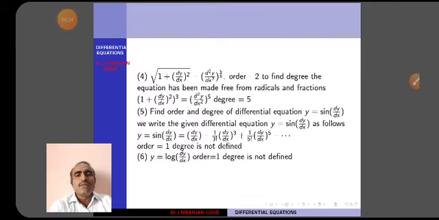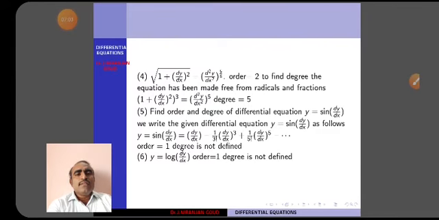You know sine x is equal to x minus 1 by 3 factorial x cube plus 1 by 5 factorial x power 5 minus 1 by 7 factorial x power 7 and so on. You have an infinite number of terms. In this way, expand y is equal to sine of dy by dx. So y is equal to dy by dx minus 1 by 3 factorial (dy by dx) whole cube plus 1 by 5 factorial (dy by dx) whole power 5 and so on.